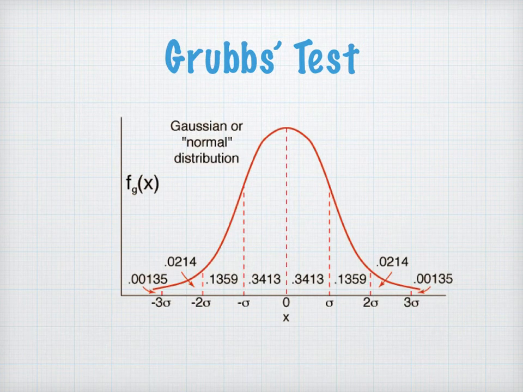So Grubbs' test works on the fact that data should always be a normal distribution, and therefore I should see a certain amount of that data within any given set of standard deviations. So within 1 standard deviation of the mean, I expect to see 68% of the data. Within 2, I expect to see I think about 95 or 96% of the data. And so we're using the fact that it's a normal distribution to work out whether something's an outlier in the